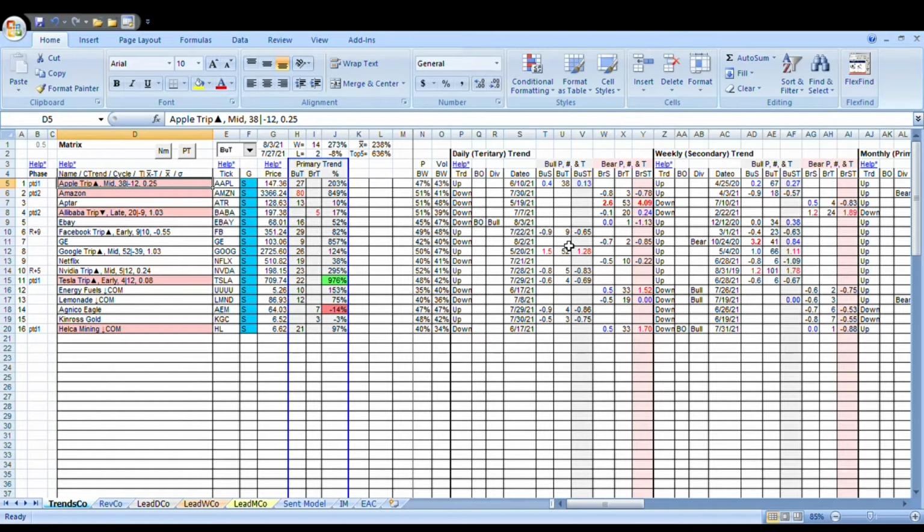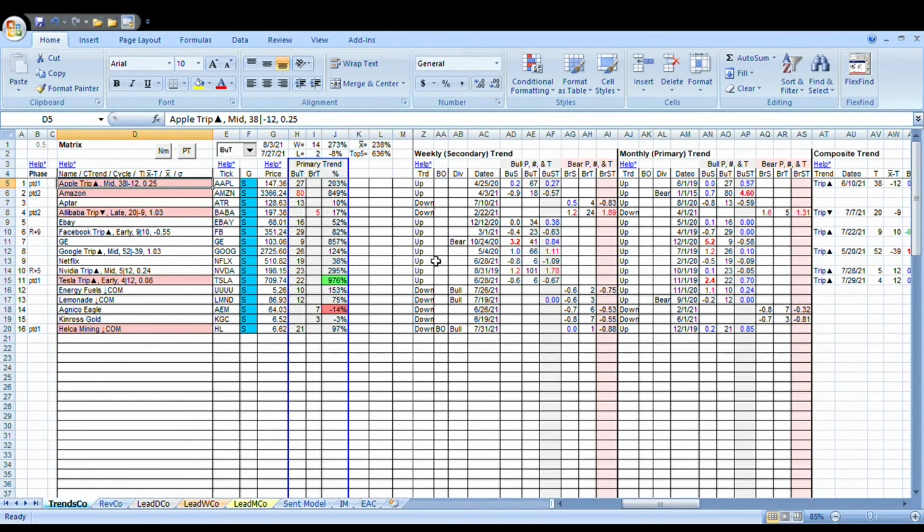So, it's because this reset's clean. This is not very old in terms of the weekly, and the monthly on Facebook is relatively benign. And I hate to have any opinions about any of the stocks, so I won't say anything. And I hate to want to be long Facebook because of what they represent oftentimes out there in the world, what they're doing in the world of social media. But I wouldn't be surprised that this one does quite well into the rally because it's triple up, it's relatively early, and the composite score is early.